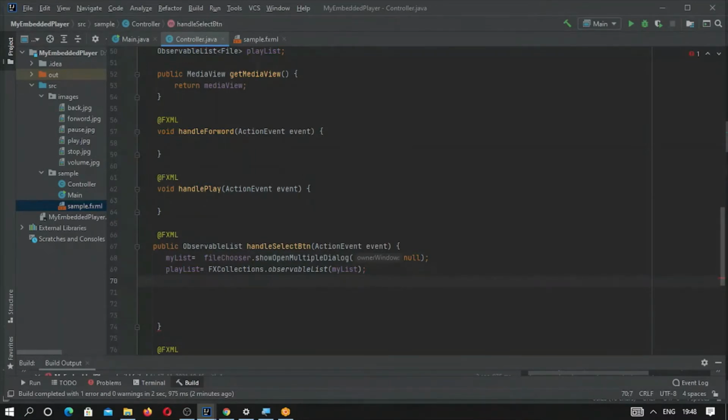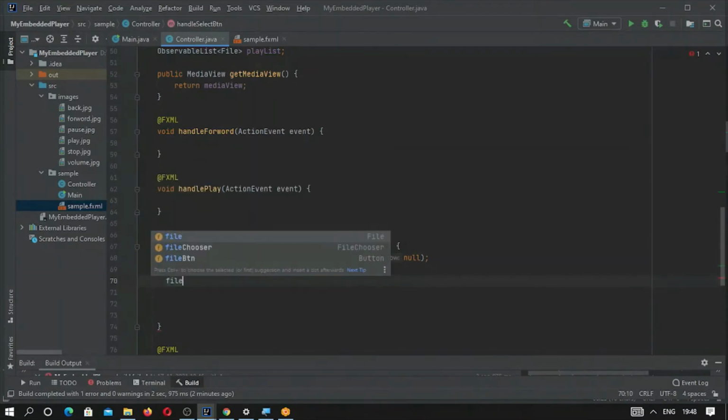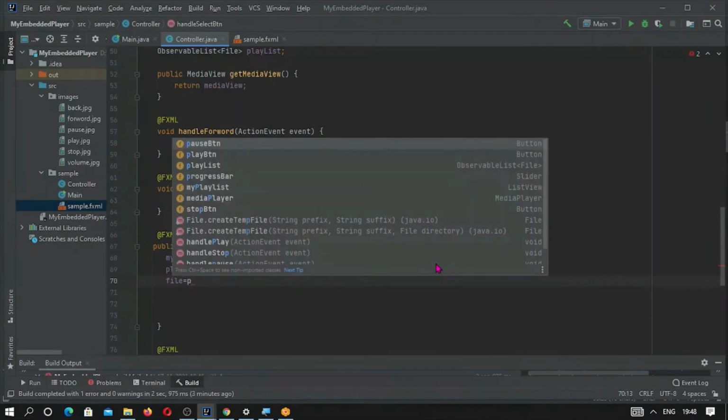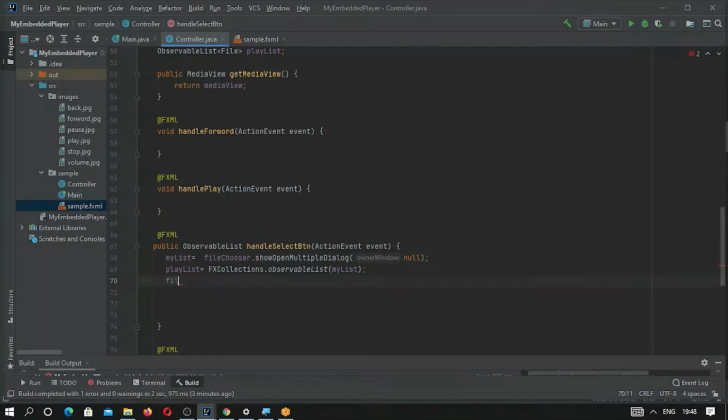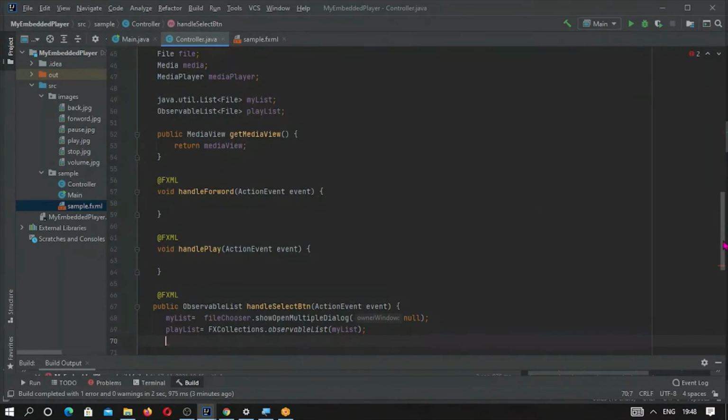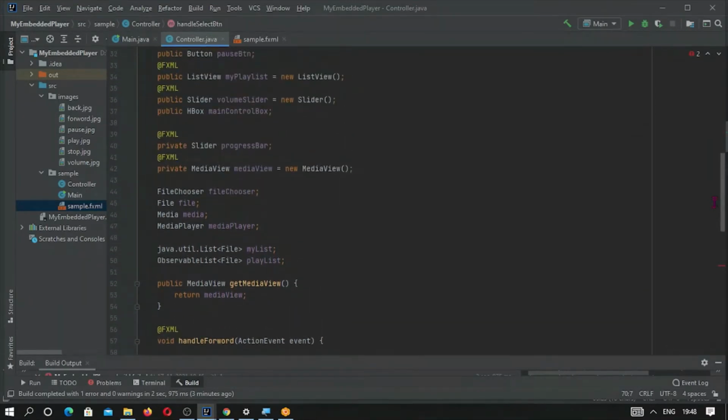Now we want to select a file from this observable list. So first we will try to get a selection model. The file object which we have created is equal to playlist. We have to create a list view, and the list view is already created. What is the name of this?